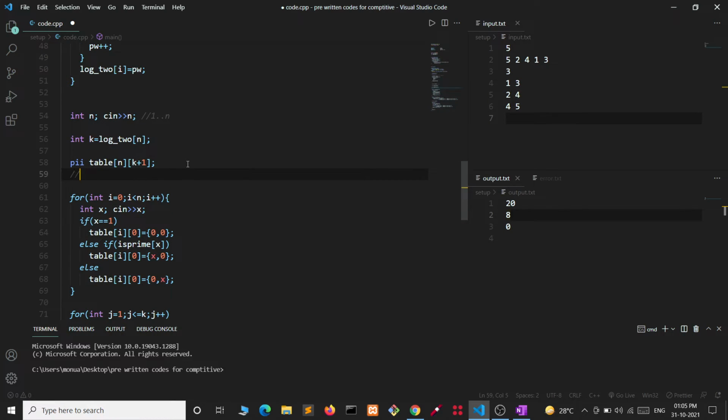Table i j is just telling the answer for the range from I to I plus 2 to power j minus 1. Firstly we are building our first column.